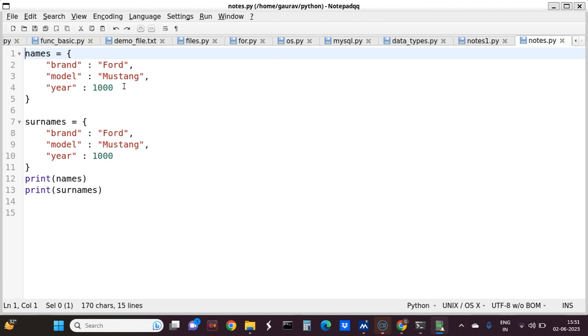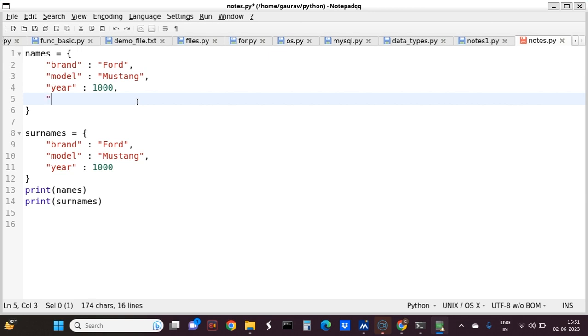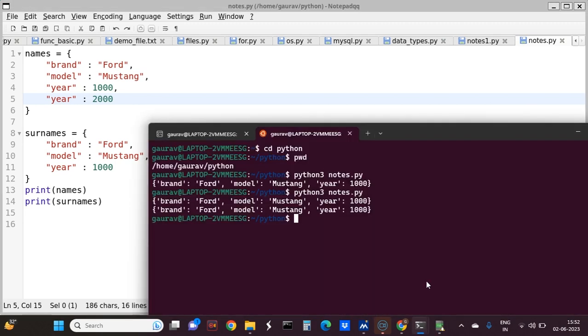But suppose now I again write here, inside it, another year, which will be 2000. So this will give an error. You can see here there is a